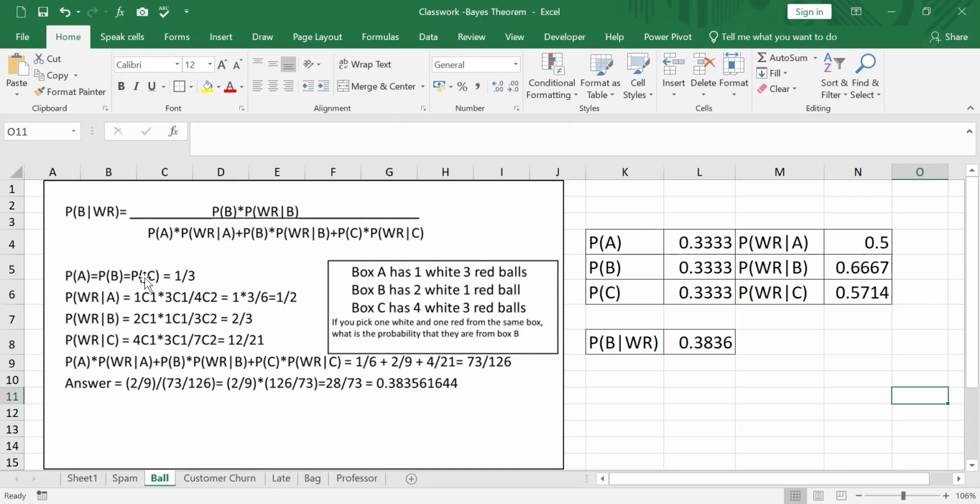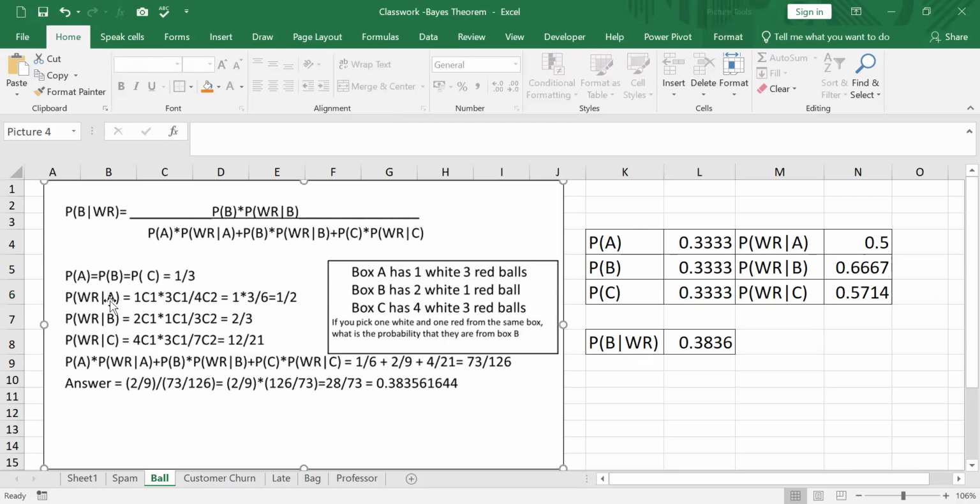P of A, P of B, P of C, because we are picking one out of the three boxes at random. The probability of anyone being picked up is 1 by 3. So P of A is 1 by 3, P of B is 1 by 3, P of C is 1 by 3. Now, if you pick up from A, what is the probability that W and R are picked up is given by,